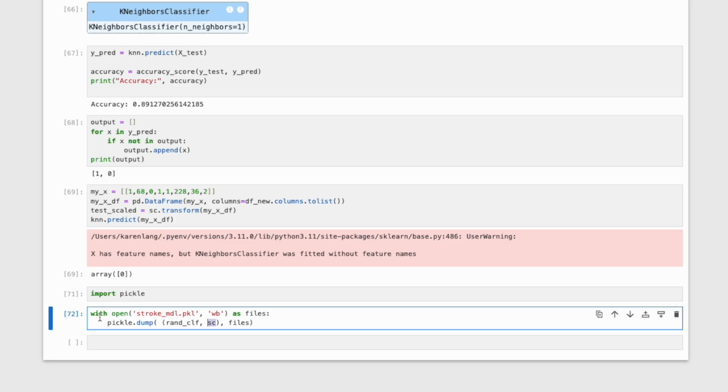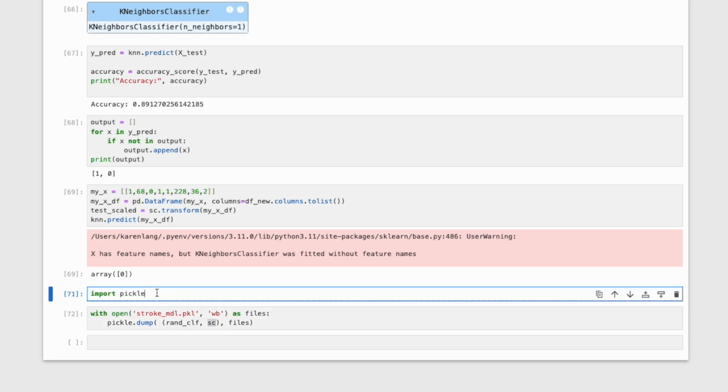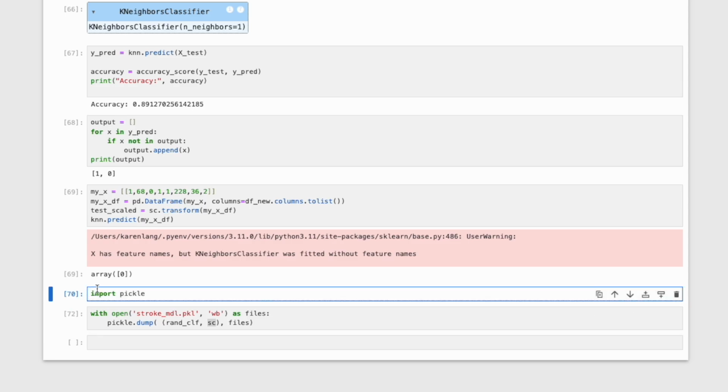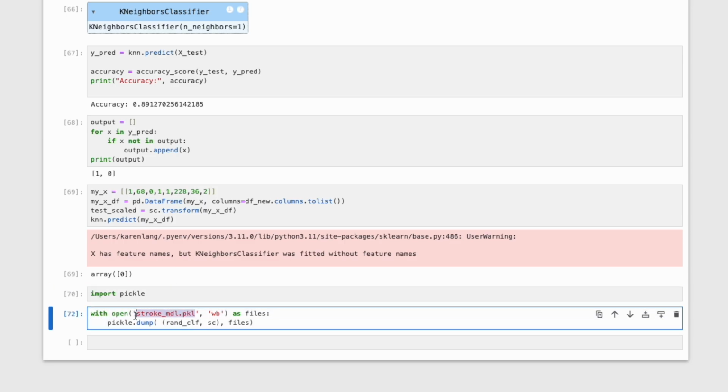So I'm going to use this pickle package, which is part of the Python libraries. You may have to install this if you get an error with the import. Go back out to your terminal, or you could do the pip here with an exclamation point in front of it. And then there's this line that just says open up this file, and this is just what I chose to call it,